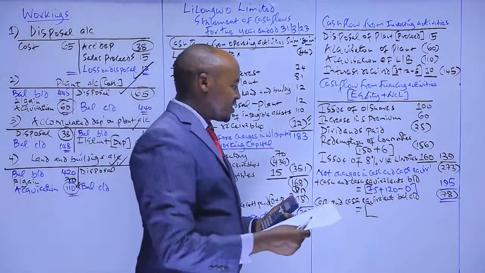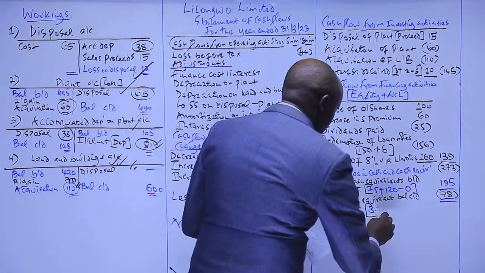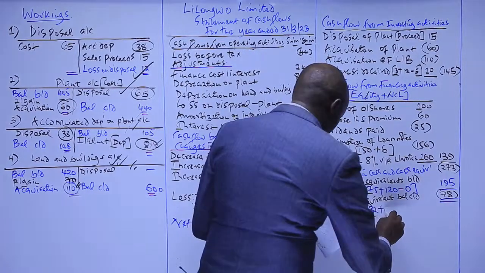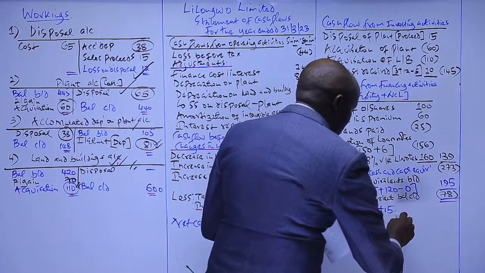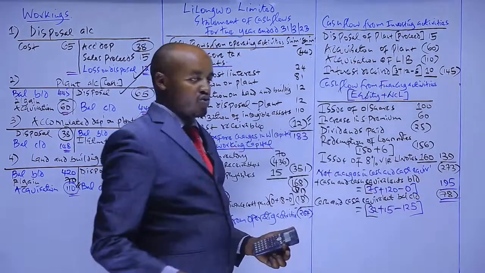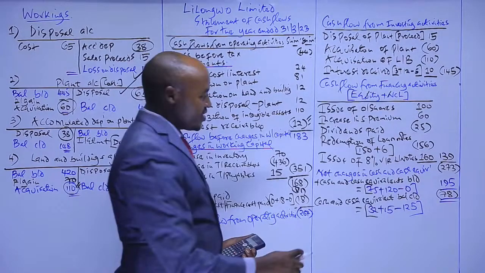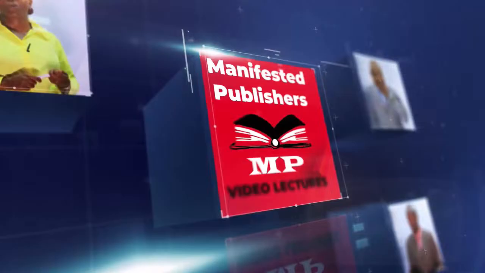So how do we get the cash and cash equivalent at the end of the year? We take the short-term deposit at the end of the year 32 plus now the cash, the bank balance at the end of the year 15, and then to this we less the bank OD, the bank overdraft, in the current liabilities. So whatever you get here should be the same with that. And if that is the case, automatically